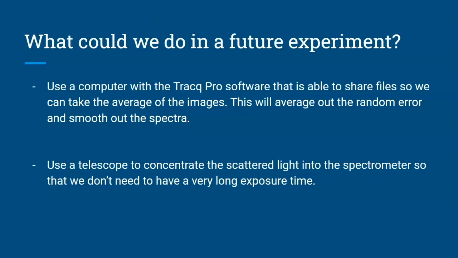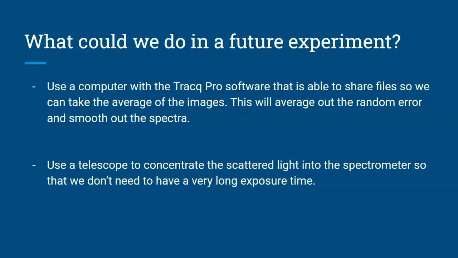A main thing would be to upload our data to a computer with the TracQ Pro software, because the data files that TracQ uses are not available to be used on a normal computer. You have to have their software to do it. And that would allow us to take the average of the images, which would help reduce the uncertainty and also help average out the random noise and error that we get from all the outside light due to the super